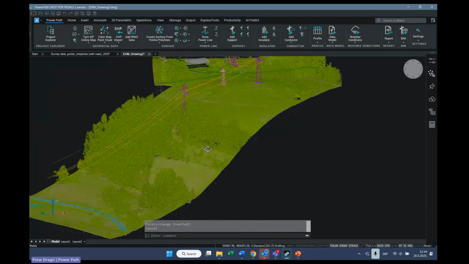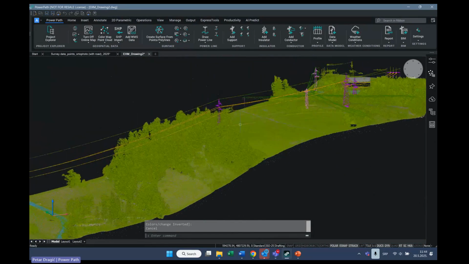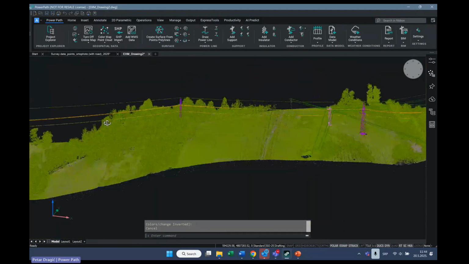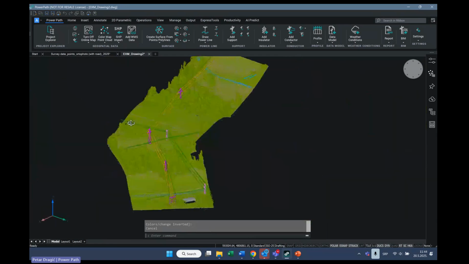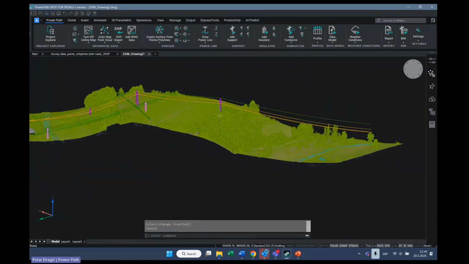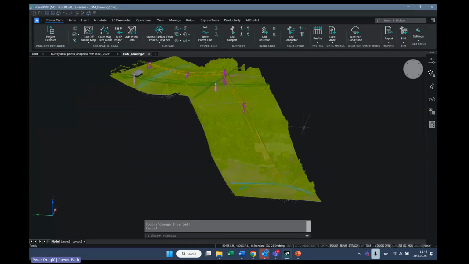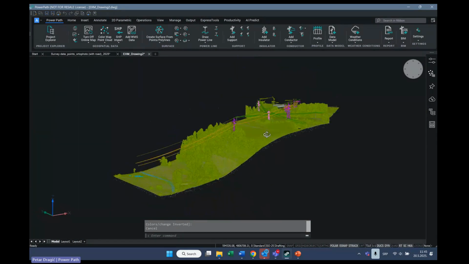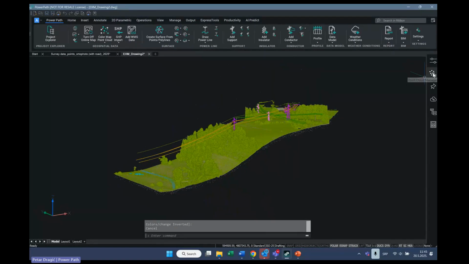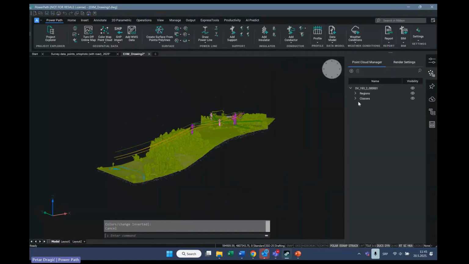Also, when you start to use this version, PowerPad V25, you will see that the function for previewing and editing point clouds is really optimized. As you can see, it works more smoothly now. We also added some features for point clouds which can be useful for you.